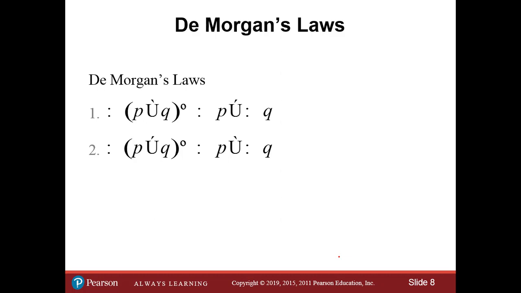Now, DeMorgan's Laws. Okay, let's look at this here, because these are typos. These are not correct. So DeMorgan's Laws, the first law says if I negate P and Q,